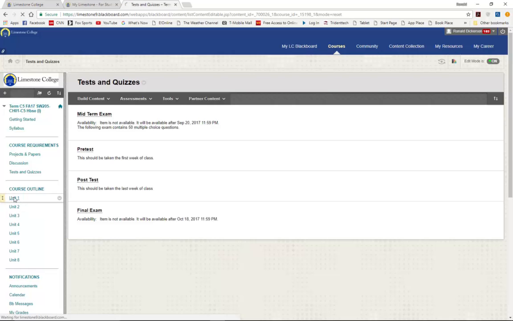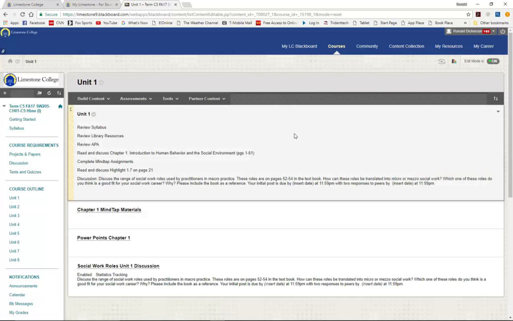As you click on Unit 1, you'll see that it lists all the assignments that are required of you under Unit 1. You should have reviewed the syllabus, taken a look at the library resources, reviewed the APA format for 6th edition, read Chapter 1, pages 1 through 61, and it says complete the MindTap assignment. Students do not have to do this in 205, and the reason you don't have to do this is that I will